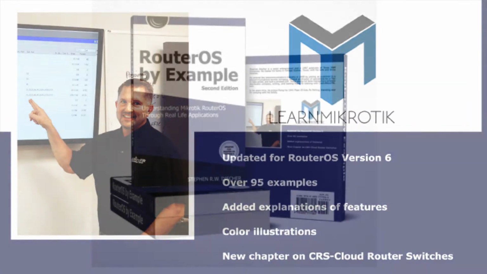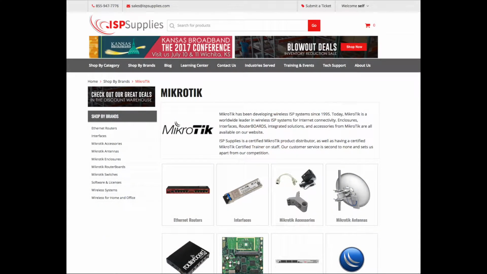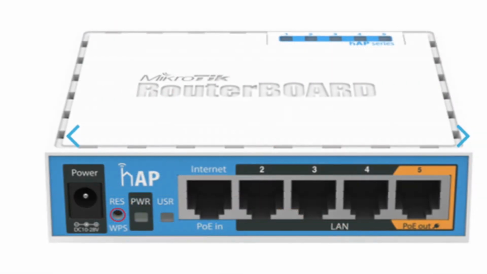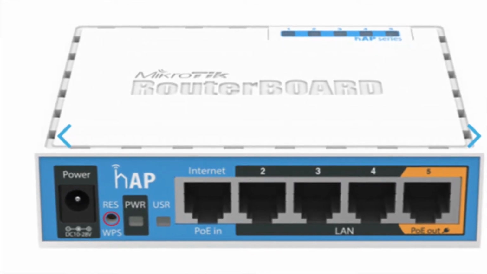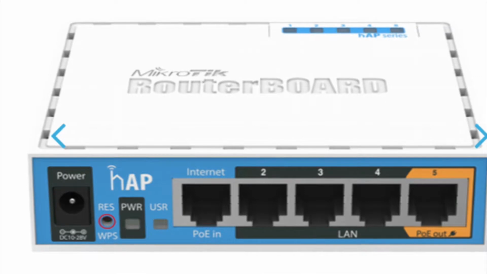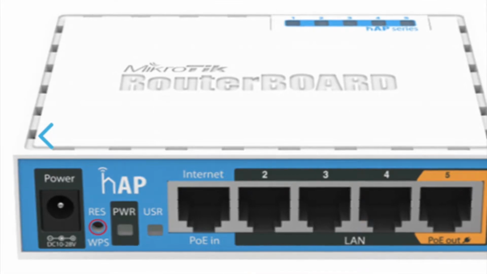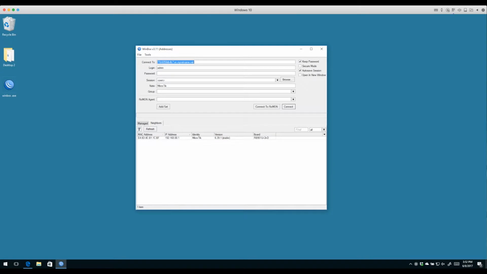And in today's video we're going to show you something fairly simplistic, but nevertheless something with a lot of value, especially to new users in RouterOS. What we're going to do is look at the default configuration of a Mikrotik hAP, which is their small 5-port router. This router also has wireless capability, so these routers are very popular for their price point as well as the amount of power that they provide, the full power of RouterOS in a very small and inexpensive package. So without further ado, I'm going to proceed, and we'll go ahead and fire up Winbox, and